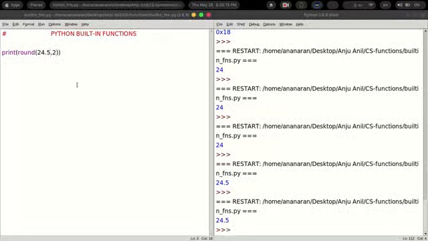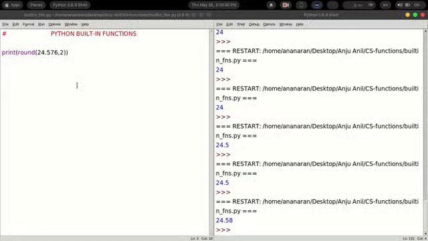But if you write 24.567, 2, then it will give you the output as 24.57... rather, 24.58, rounding to 2 digits and also considering the higher value if it is 5 or greater. So it will not give you 24.57, instead it gives you 24.58.